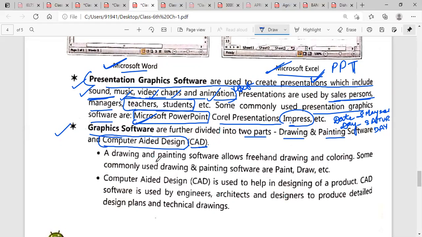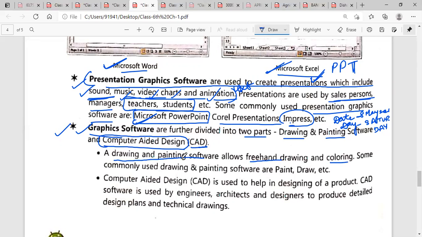Now, what is drawing and painting software and what is computer aided design software? These two are the graphic software. A drawing and painting software allows freehand drawing and coloring.